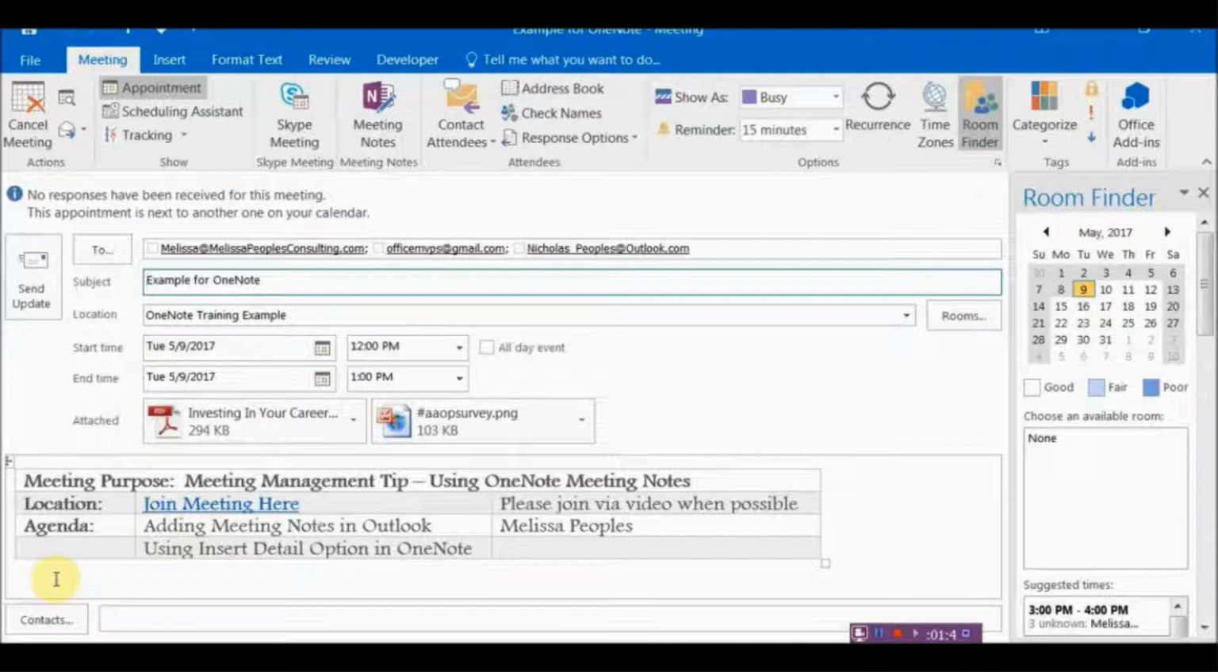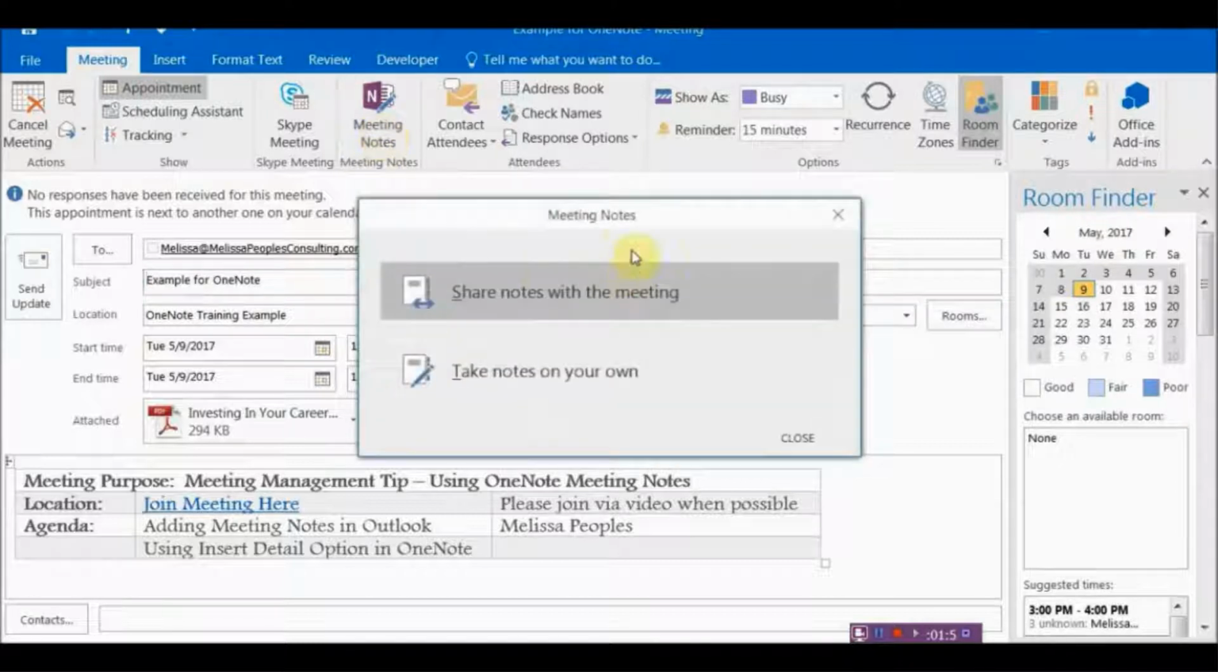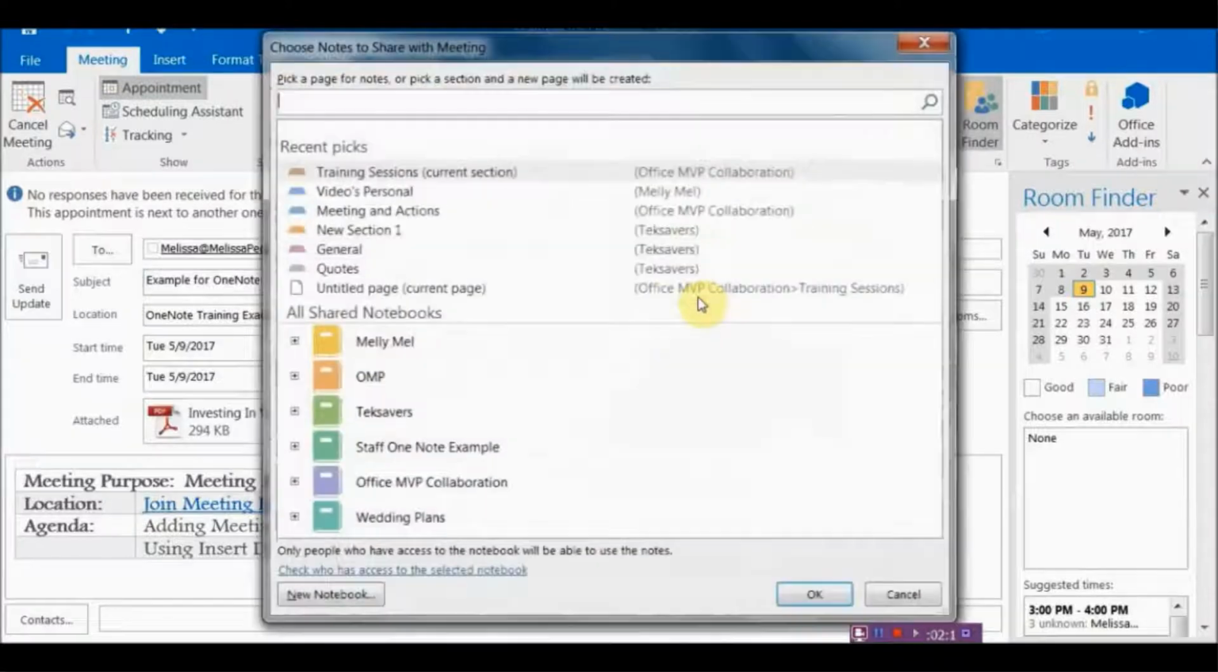So there are a couple different options. What you can do is you can click right at the very top where it says meeting notes. And when you do that, this is the screen that's going to pop up. The first one is share notes with the meeting. And what this is asking is, do you want to use this as a collaborative tool that other people can see? Or the other option is to take notes on your own. For this instance, I'm going to use the top option. So I'm going to click that. And then it's going to ask you, hey, where do you want that to go? And I am going to go right here